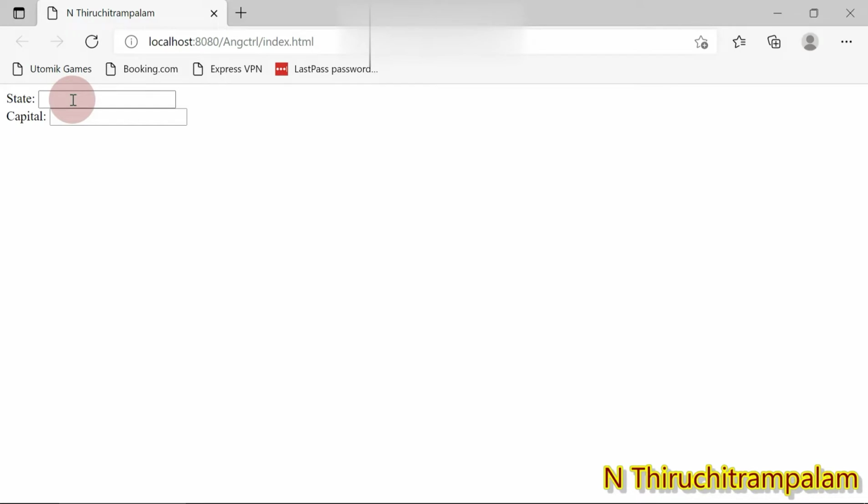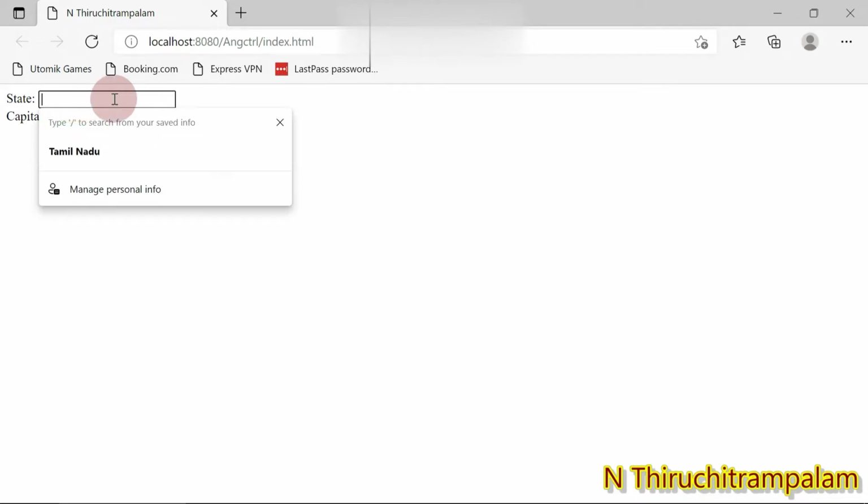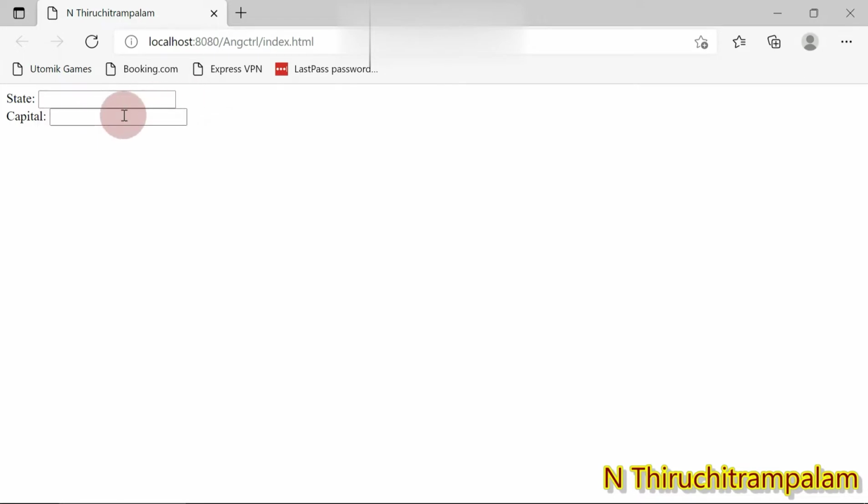Whatever I key in within this text box, and whatever I key in within the subsequent text box, that text will be displayed underneath. Let's see.